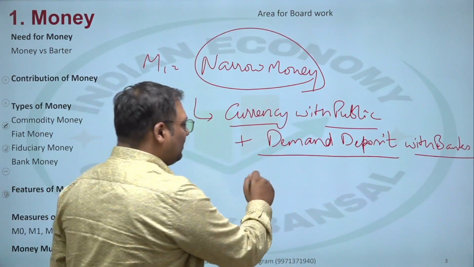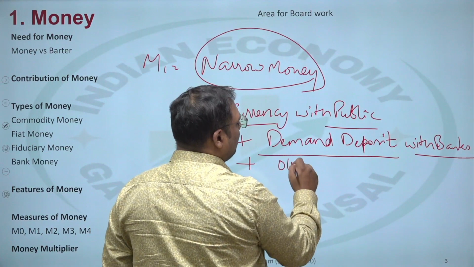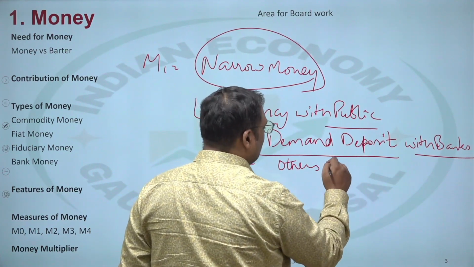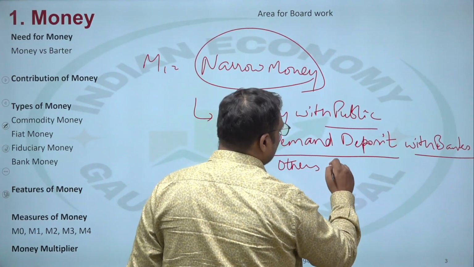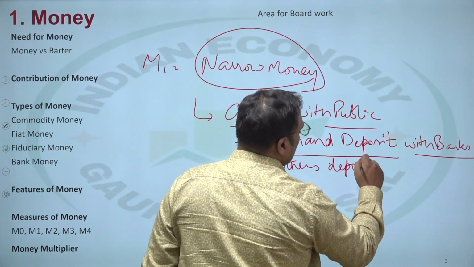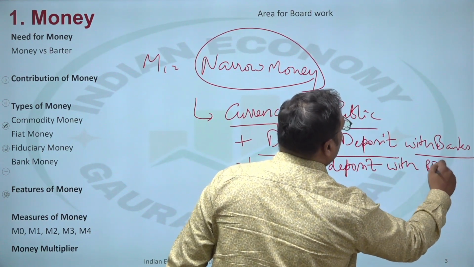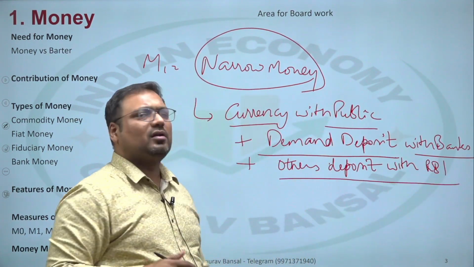Okay. Plus, I have told you already, other deposits with RBI. This comes as a residual entry everywhere to complete the equation. Do not bother with this too much. Other deposit with RBI: if we specifically want to talk about what it is, it includes the